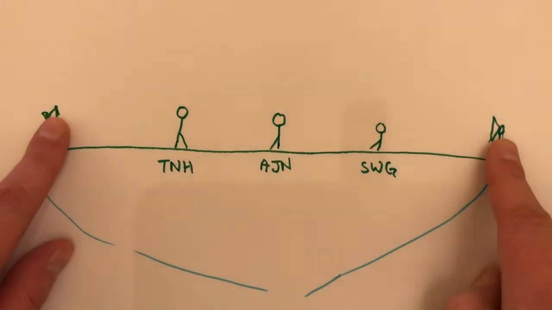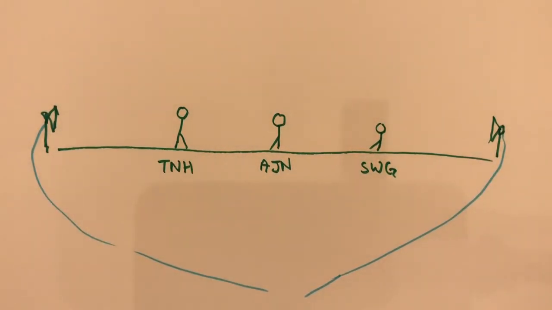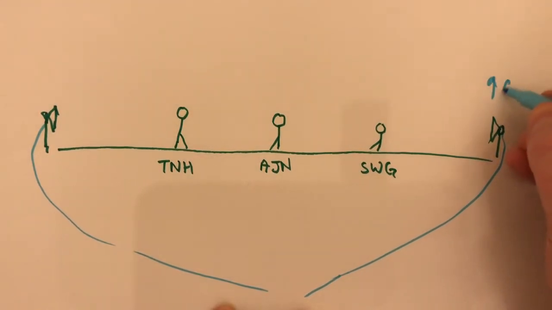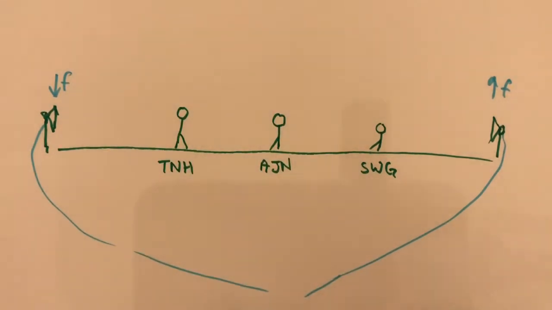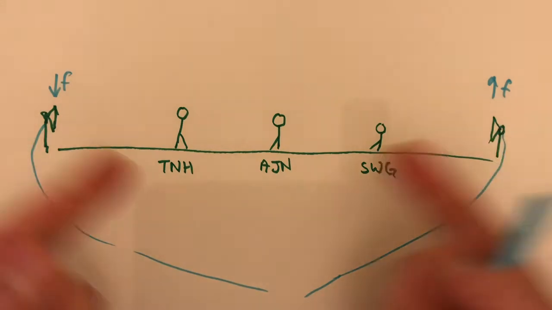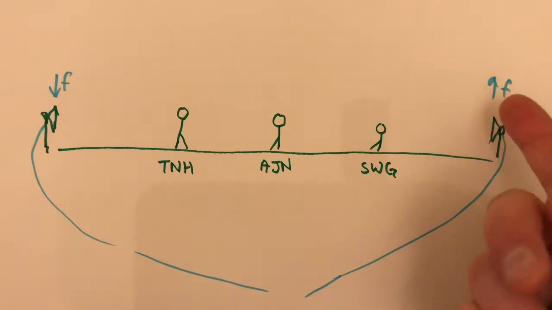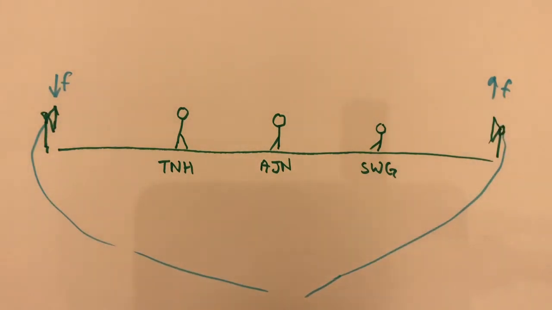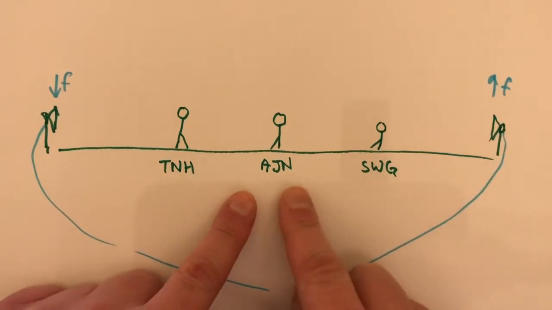So we have two loudspeakers connected to the same place, and one is going to have a high frequency signal sent from this speaker, and the other one is going to have a low frequency signal sent from this speaker. So you can tell which signal strikes you first, whether you hear the high pitched followed by the low pitched, or the low pitched followed by the high pitched, or they both arrive at the same time. And between the two speakers we have three physics teachers.